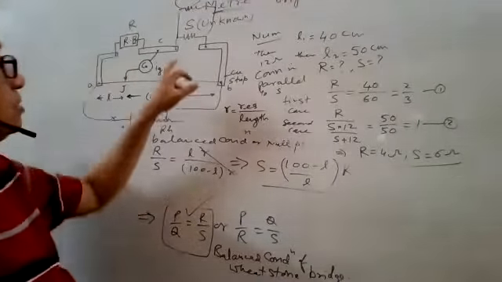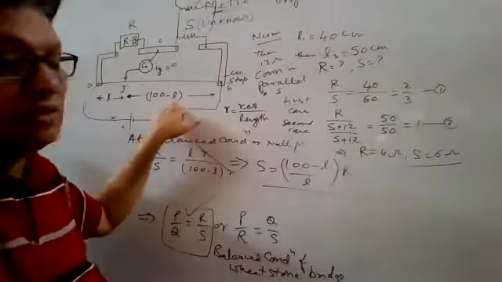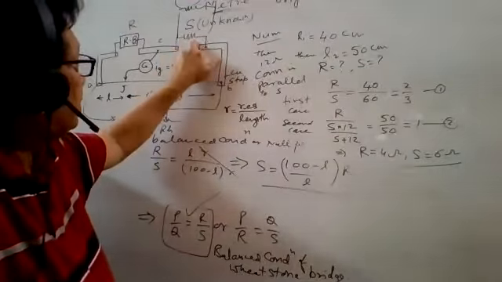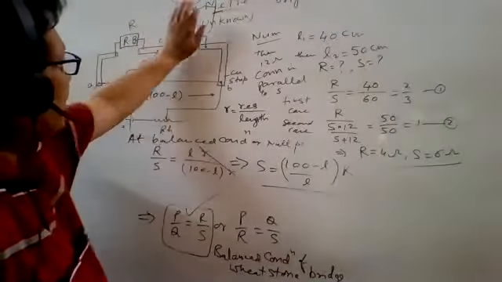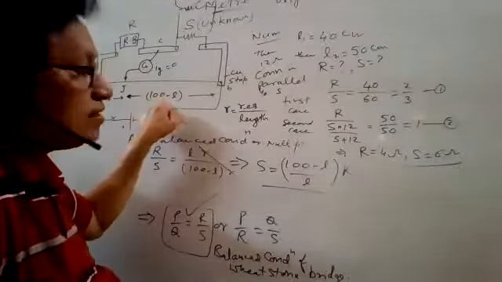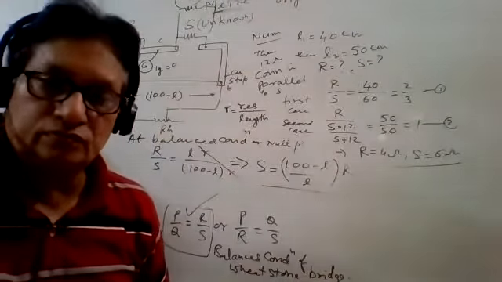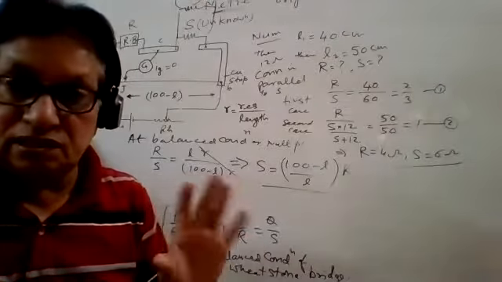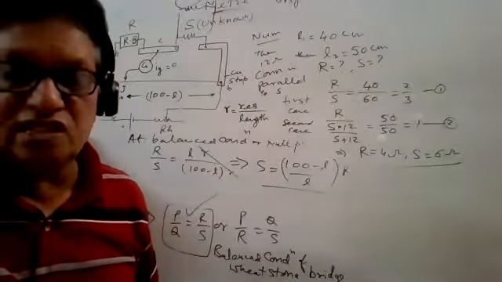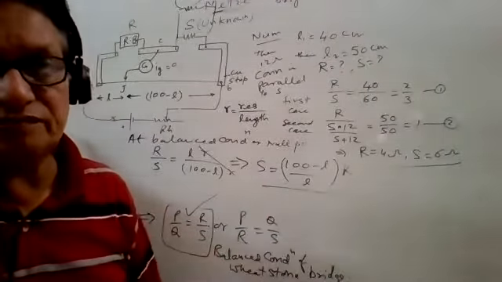I told you in series also, R upon S is equal to 40 upon 60. Suppose S is connected in series, then again R upon S plus 12 is equal to what? New length L2 upon 100 minus L2. You can solve this problem also. Whatever twist is there in any question, it can be solved easily on this basis only.